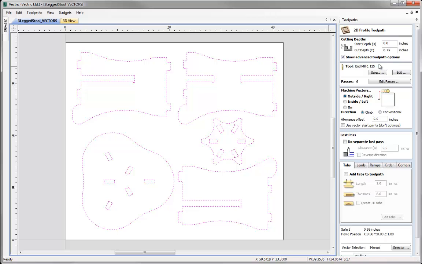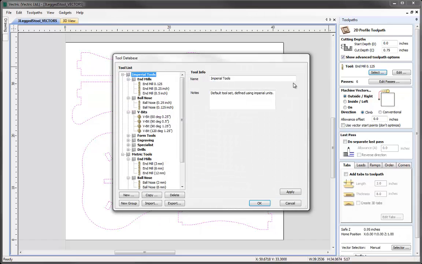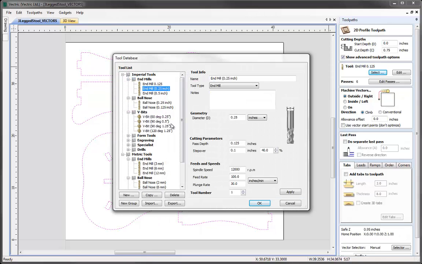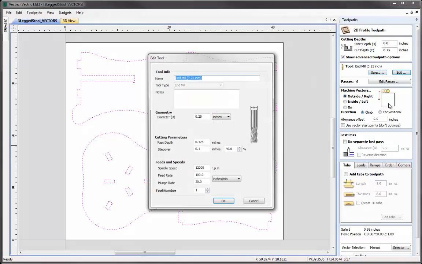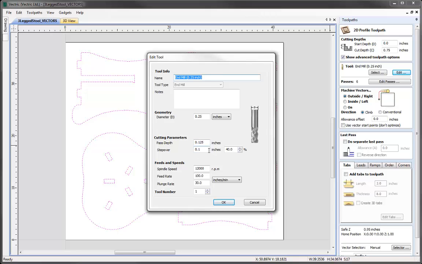Next I'm going to come down and choose the tool we want to cut this out with from the tool database. So I'm going to click on the select button, and in here I'm going to choose the 1/4 inch end mill. Now I can either make permanent edits to the tool in the tool database by editing values here and hitting apply, or if I just want to make edits to this tool for this one particular toolpath, then the way I do it is to hit OK and then to click on the edit button here, and now I can just change the parameters for this particular toolpath without overwriting the values that I've got saved in the tool database. So here I'm going to change my pass depth to be 0.25 of an inch,